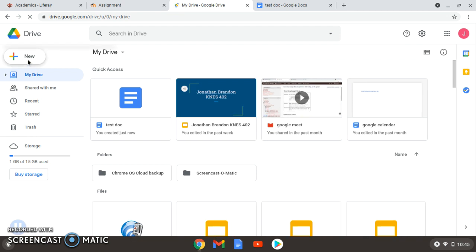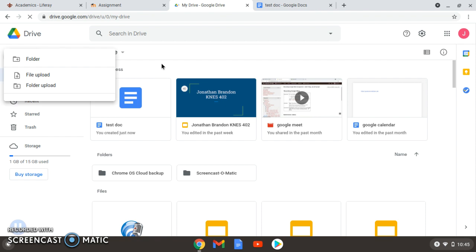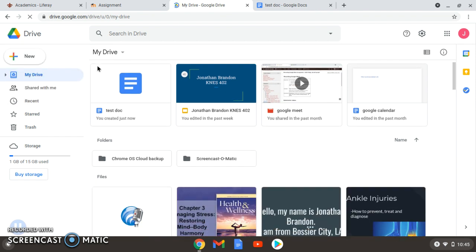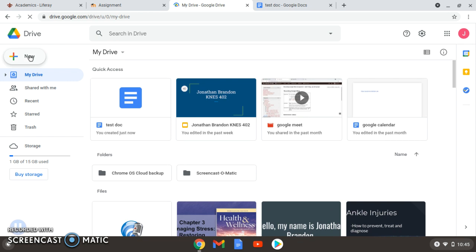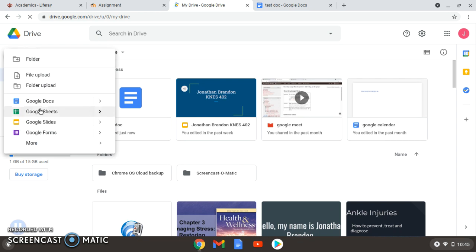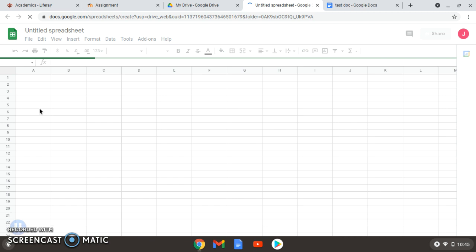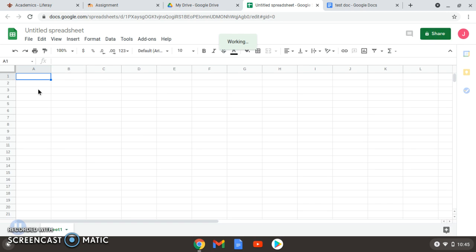So the next thing, click New. I can go to Google Sheets is the next one. So in Google Sheets, it's basically the same as Excel. So say in the first cell, I want to talk about, let's see, shoes or clothing brands. So brands, price,